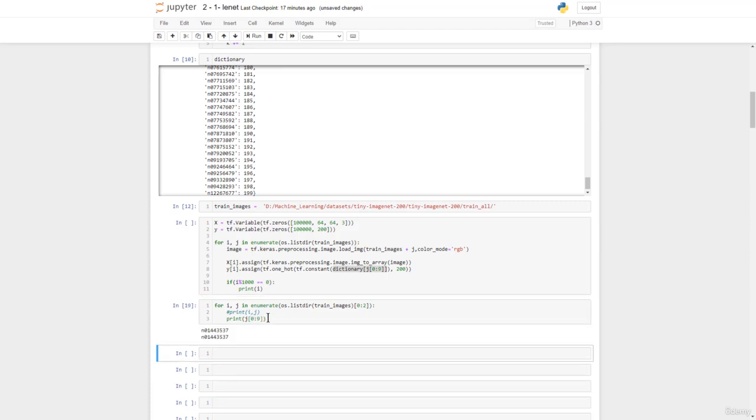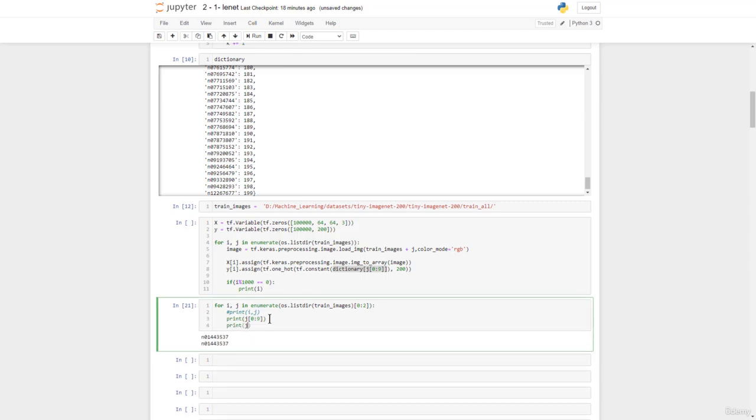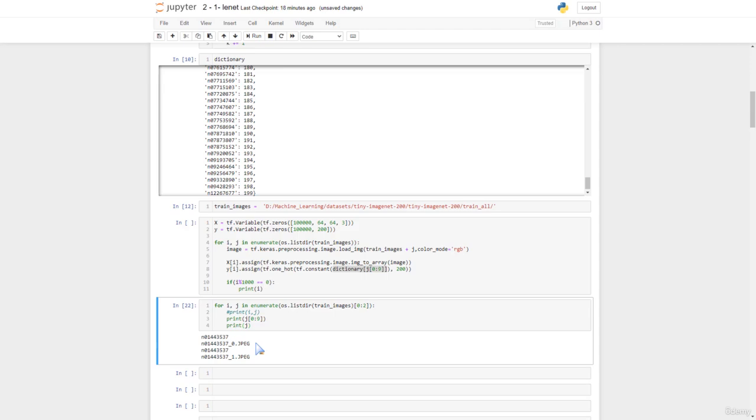If you print out j from 0 to 9, you will see that it doesn't contain the .jpeg. Let's print out j itself. See, this is j, and j from 0 to 9 doesn't contain all those other values which are not important for us to know whether this image belongs to a particular class or not. So let me print out j separately, so you see. This is j from 0 to 9, the first 9 characters, which will permit us to know which class a particular image belongs to. And then with the aid of this dictionary, which maps these characters to a particular category, we have